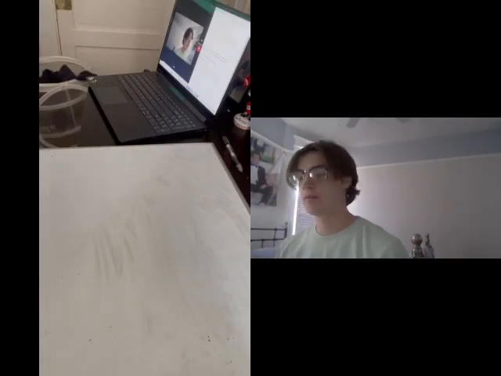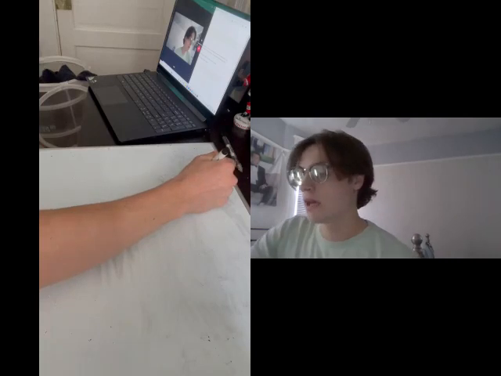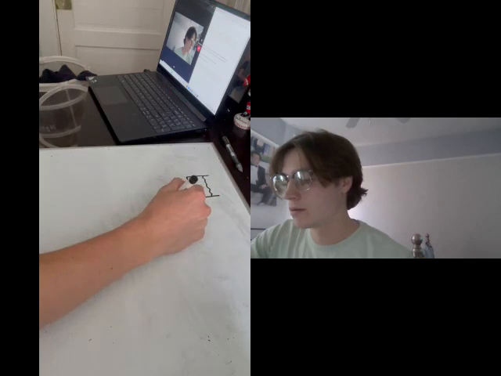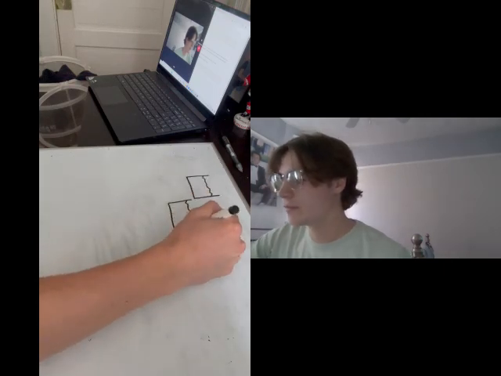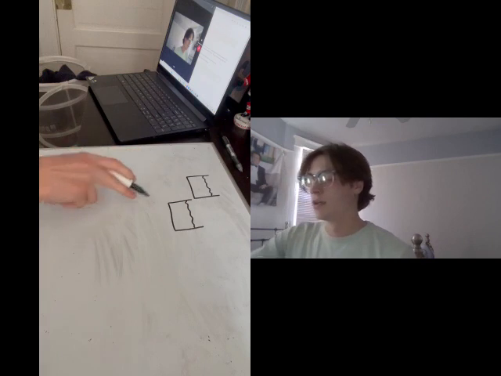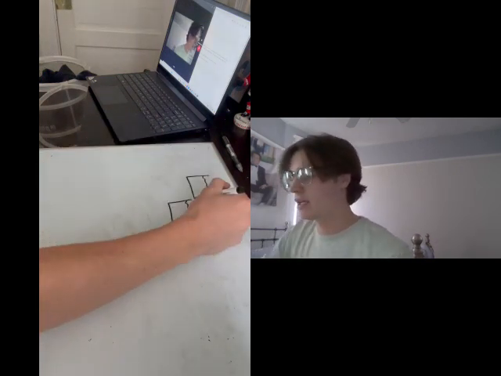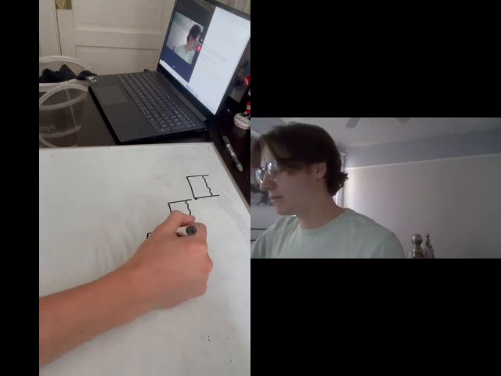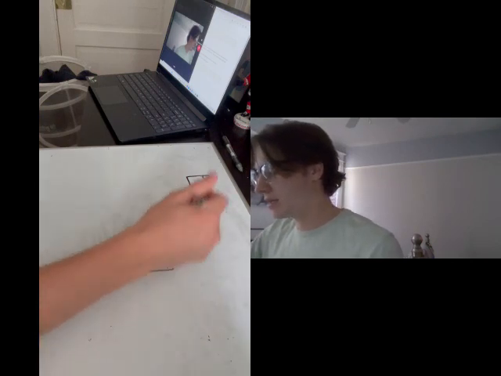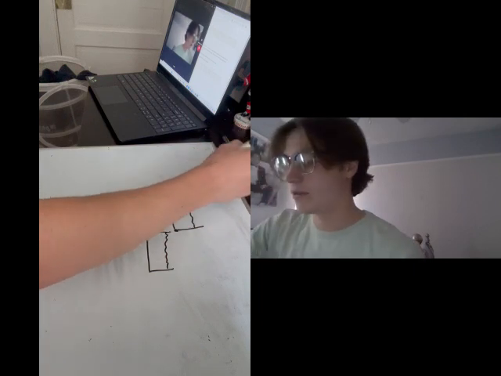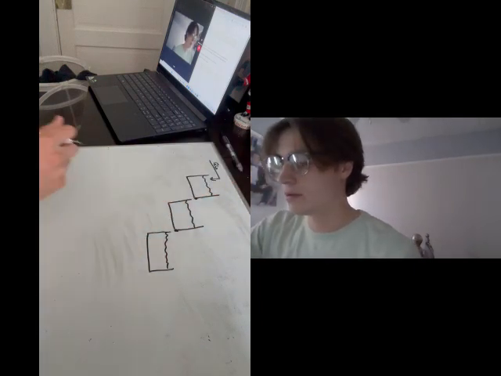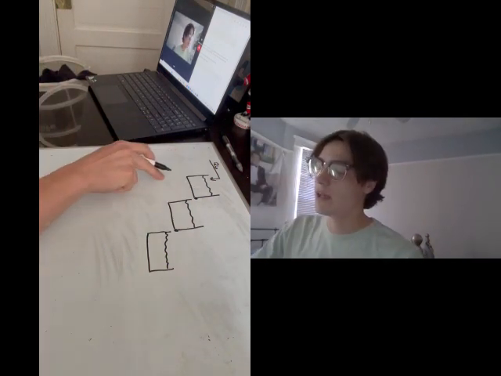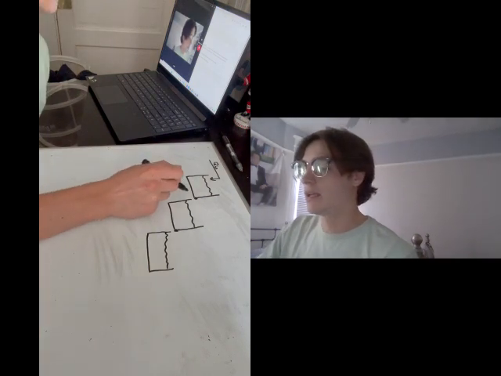Problem: we have three tanks all side by side, one lower than the other. We have a flow rate of fluid being poured into each tank, and each tank has a hole in the bottom. There's a flow rate coming into this first tank that I'm going to call Q in, and it's filling up this tank right here, which